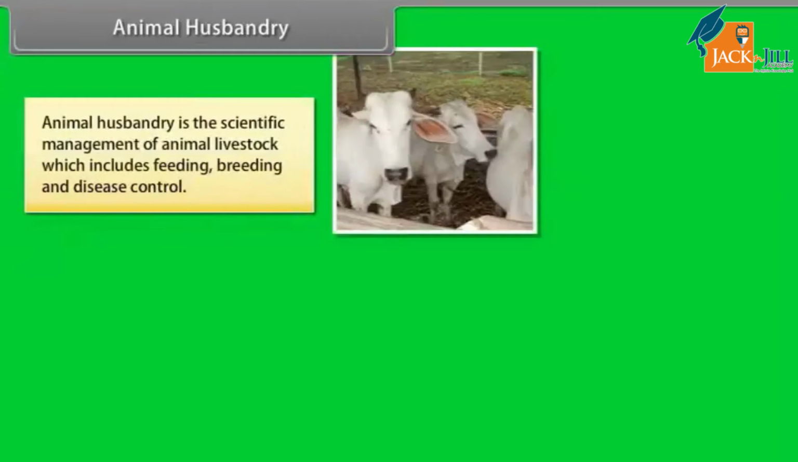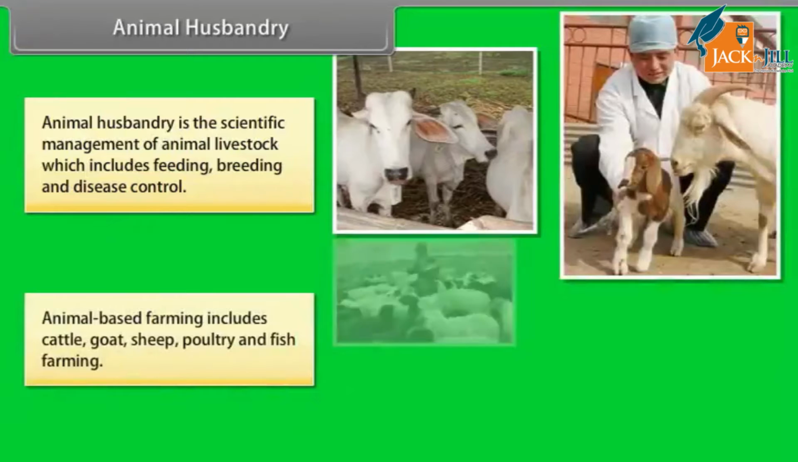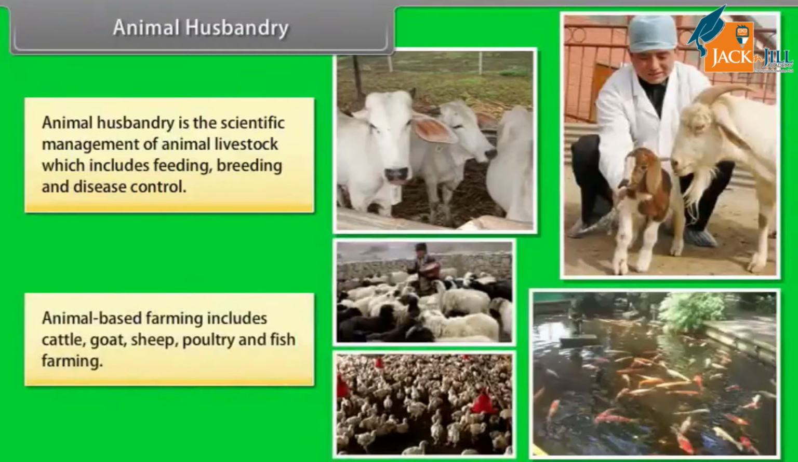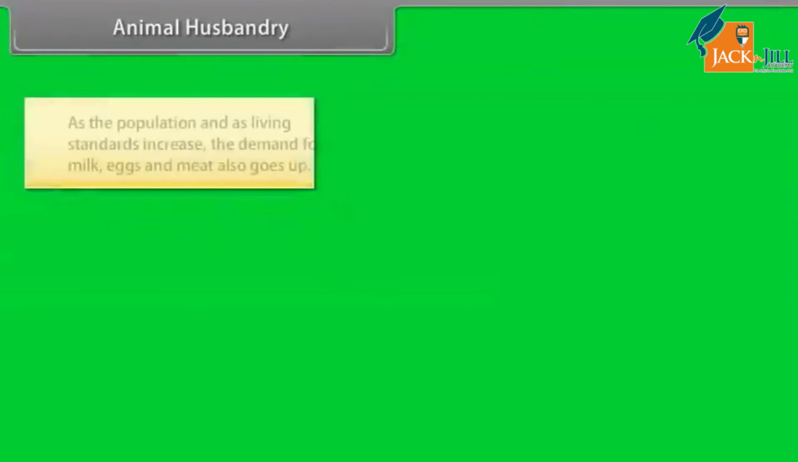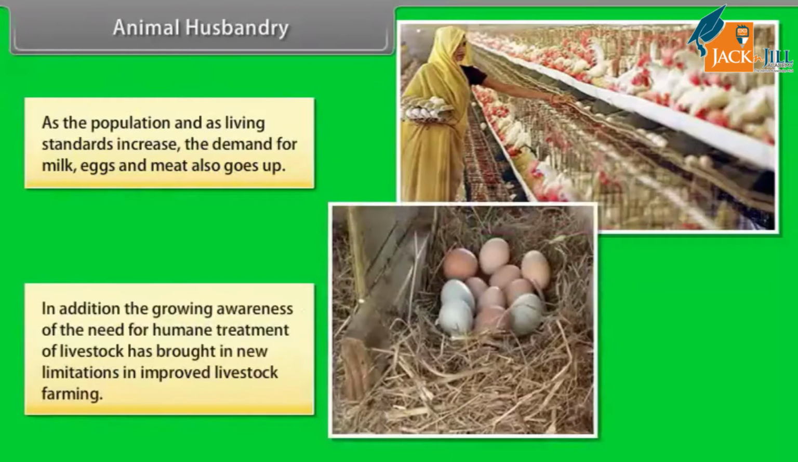Animal husbandry. Animal husbandry is the scientific management of animal livestock, which includes feeding, breeding, and disease control. Animal-based farming includes cattle, goat, sheep, poultry, and fish farming. As the population and living standards increase, the demand for milk, eggs, and meat also goes up. In addition, the growing awareness of the need for humane treatment of livestock has brought in new limitations in improved